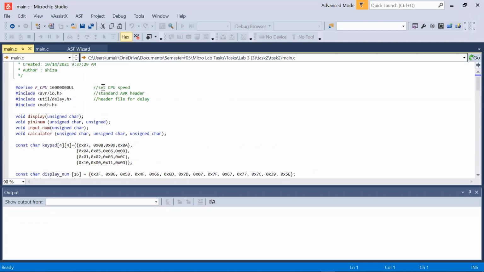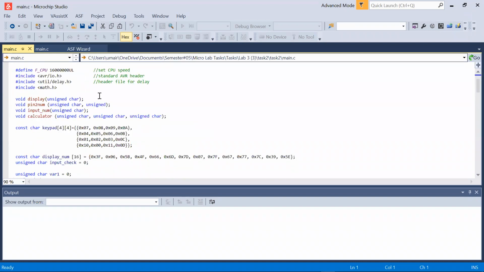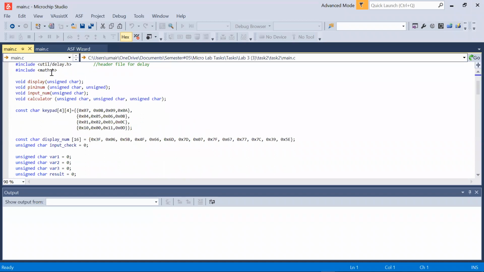So first we declare the CPU speed. These tasks are basically performed in groups in our labs. So first we declare the CPU speed, then we add the header file, then we add the delay file. After that we